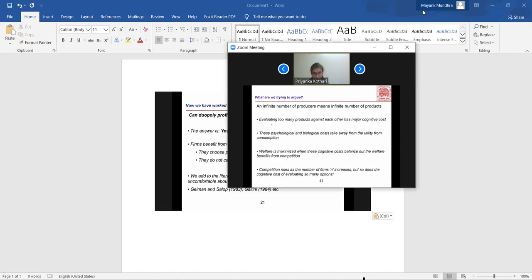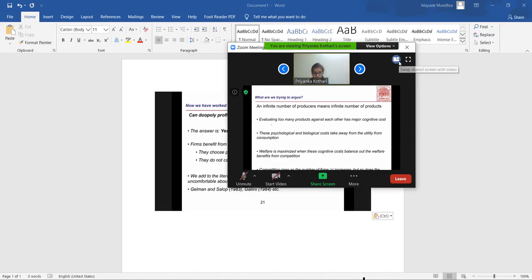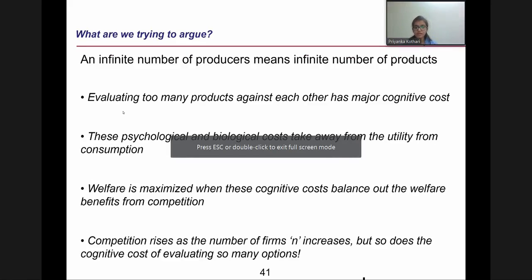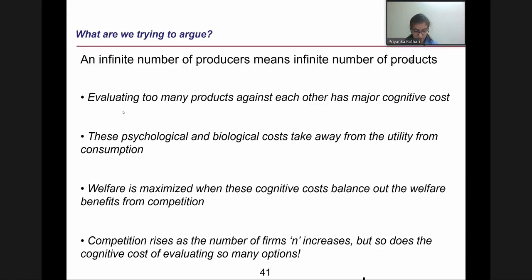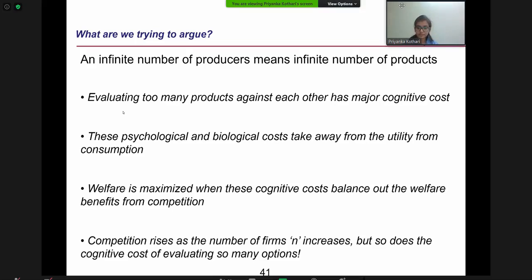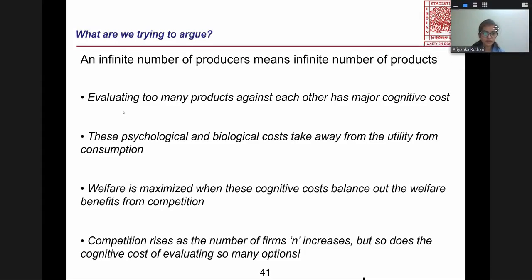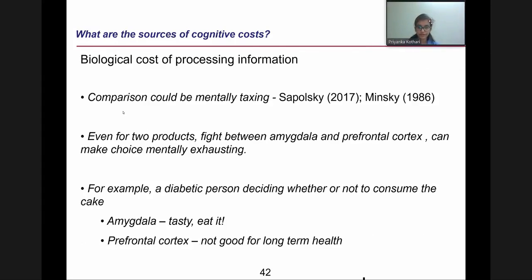While many argue that these choices can be liberating, the psychologists find them to be paralyzing. So we see that there's a finite number of firms where the marginal benefit from the choices matches the marginal cost of cognition, thereby mimicking an oligopolistic structure. The main result is that even when these costs of cognition are bounded at very low levels, our results actually go through. So we don't need the cost to be really high. Even if it is bounded at low levels, we see that oligopolistic structure maximizes the welfare. There are primarily two sources of these cognitive costs. One is biological, and the second one is psychological.